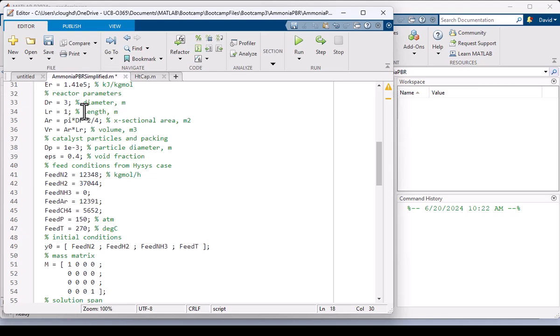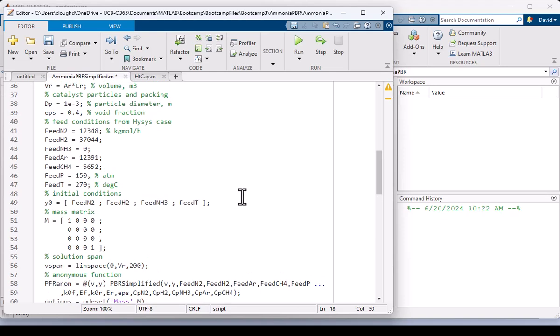Then we move on and provide the diameter of a catalyst particle in millimeters, and we provide a void fraction as basic data. The dP is required if and when we go to the Ergun equation. Then we come to operating conditions, so we set our feed rates, and you'll notice we also have